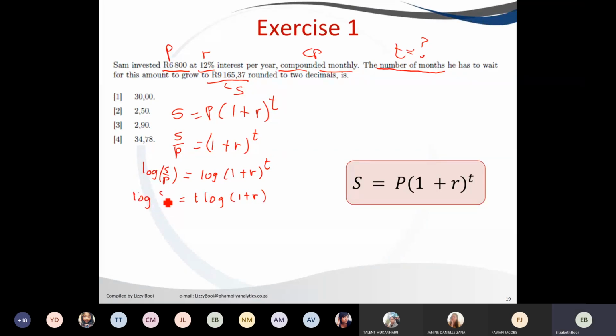And this will be log S over P, and we divide both sides by the log of 1 plus R. Sorry, log of 1 plus R, which then this side becomes log S over P divided by the log of 1 plus R equals T. We will be left with T on one side, and then you can substitute into the formula. So we substitute the values. So we'll have the log of